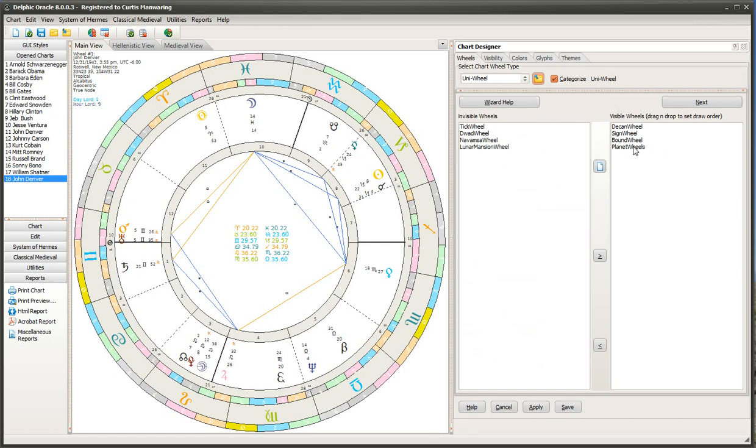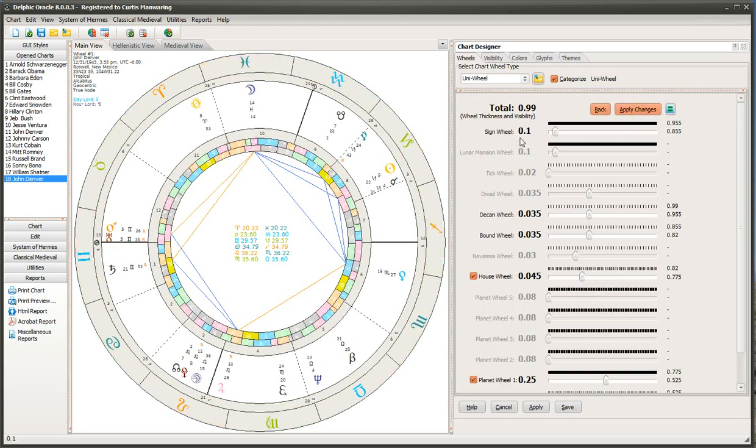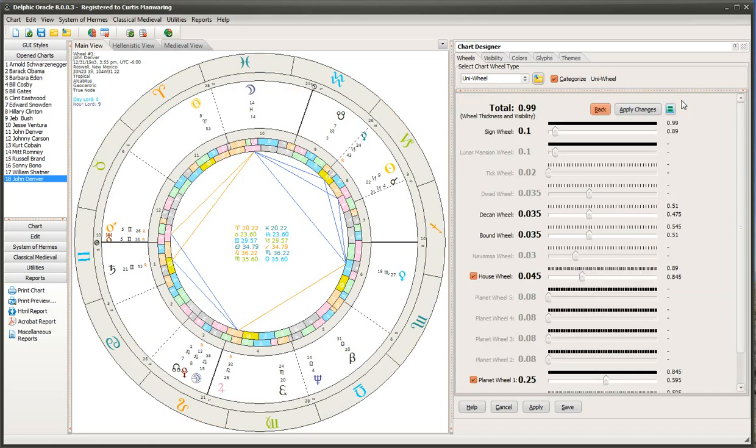So they always have to be drawn together, but you can, say, draw the bound wheel on the inside of the planet wheels, even the decan wheel. And if I was to go click next and just click apply changes, I've just changed the order, and you see how it looks on the screen. But you can do any one of these, but you can also change the thicknesses once you get in there. So if I go in here,